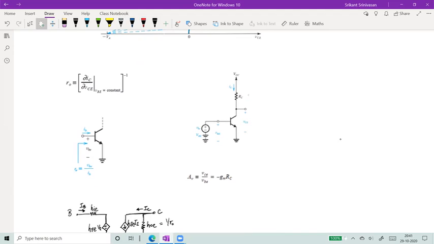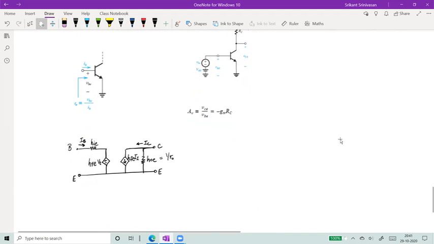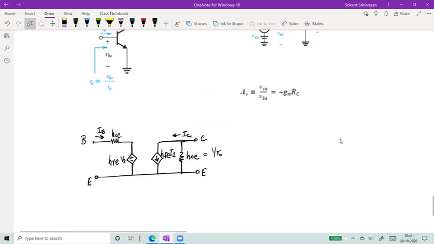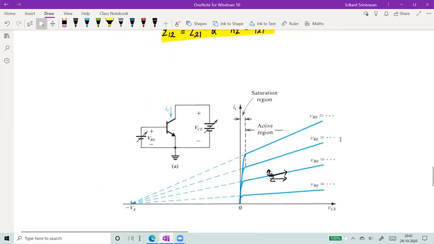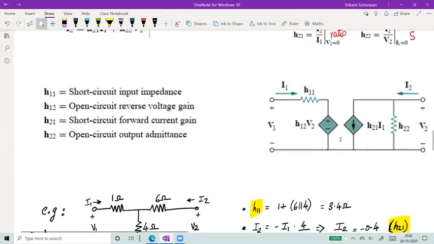So the voltage gain was given by the output voltage divided by the input voltage. Now if I wanted to characterize this in terms of the H parameters, then I could say that this is the base terminal, the collector terminal, this is the base emitter and the collector emitter, right? Emitter is common, so it's just one straight line at the bottom. When there is a base current IB flowing, what is our H parameter equation? Let's go back to the very top.